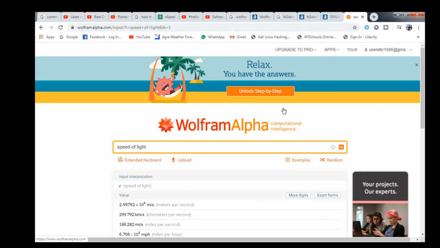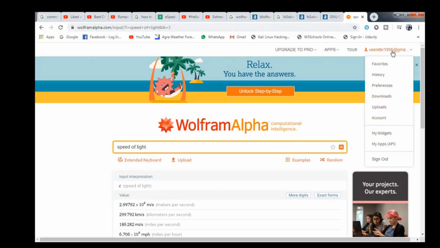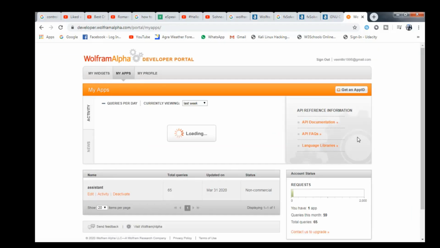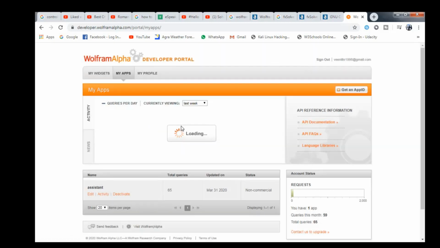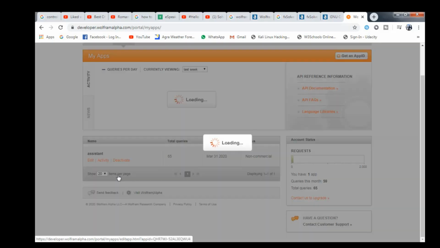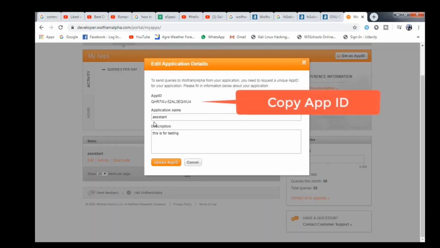So for using Wolfram Alpha in Python, you have to search for web API. And in my apps, click on get an app ID. And here you have to give your application name and then a description about your app. This could be anything. Okay, and then click on get app ID. So I already created one here, as you can see, named assistant. And here is one important thing, you have to note or copy this app ID somewhere because we are going to use it in our program. Okay,